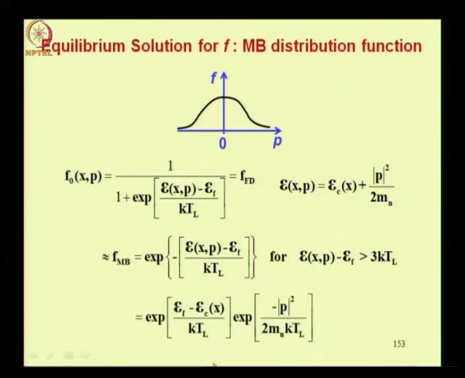And we write this as shown here. So we separate out the exponential of minus p square by 2mn KTL term, which is contributed by this kinetic energy term, and the other quantity. Now when you plot the distribution function f as a function of p, this is the term that has this particular shape. You know that this is a Gaussian kind of shape. Its peak is at p equal to 0.